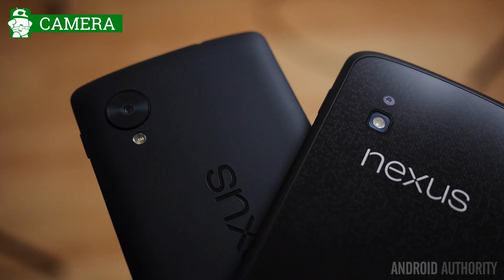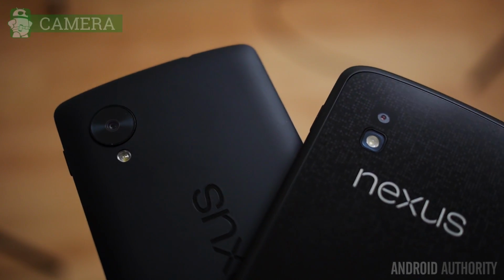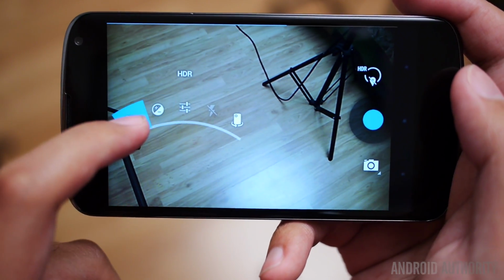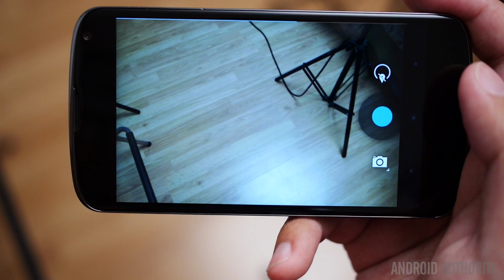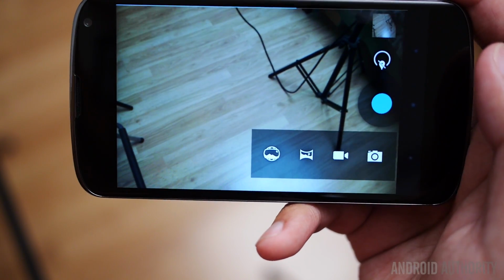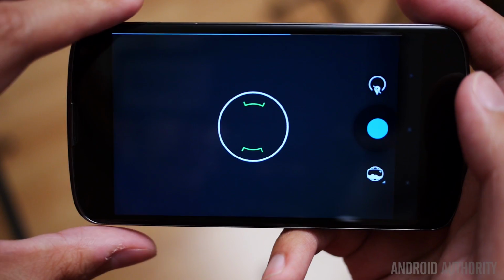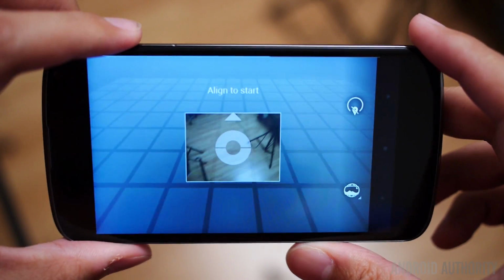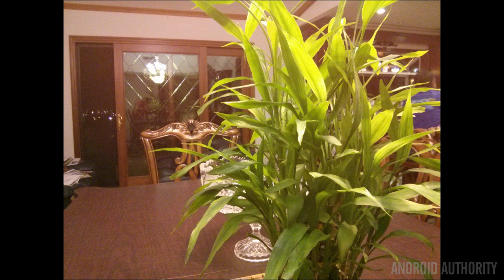And for the most part, it does fulfill that hope. In the Nexus 4, we do have an 8 megapixel shooter that was capable of the Photosphere inside of its app. Its app also got a little bit slimmed down and was more simplistic. However, its interface turned out to be a little bit cumbersome, and there weren't that many features inside of it other than perhaps HDR. But nonetheless, the picture quality that came out of the Nexus 4 was really just lackluster